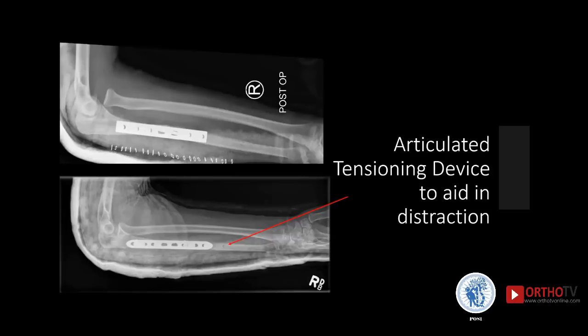Now, occasionally you don't have the option to use a transverse osteotomy, perhaps because someone else has already gone ahead and performed surgery. And in that case, you are left with an oblique fracture non-union or oblique osteotomy, and an articulated tensioning device is really helpful to aid in distraction, because in an oblique osteotomy, you can't use your laminar spreaders, which